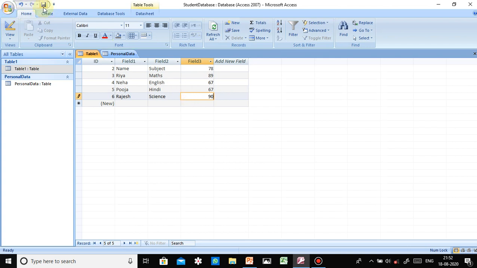Saving the file: I'm clicking on the save button here, or you can press Ctrl plus S also. So this is the format of your MS Access, so that we can create a database in our table. MS Access is very useful for us because we can save the data as well as apply different types of queries.